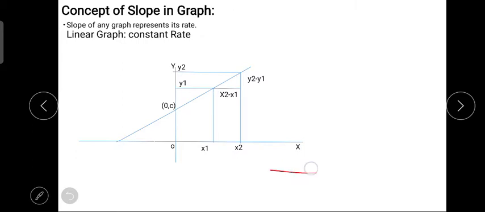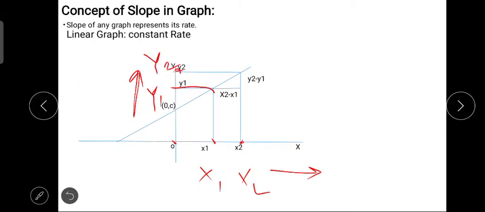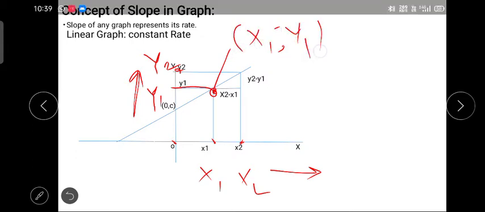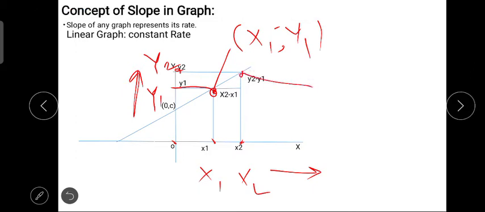Here I have plotted the x-axis, here is the y-axis. You have to place that it is the quadrant of x1, this is the point x2. Corresponding to x1 there is a point on y-axis also, known as y1, and this is the point y2. So this point will have the coordinate x1 comma y1. This point will have the coordinate x2 comma y2. It's a simple concept.